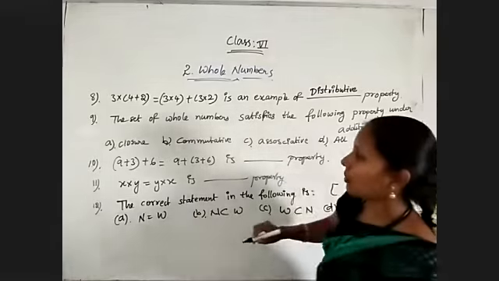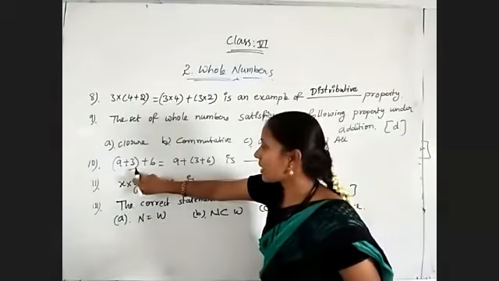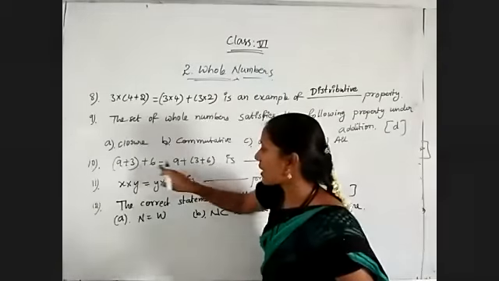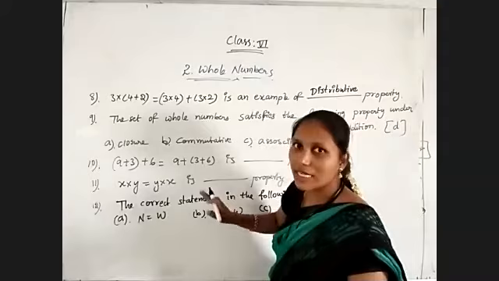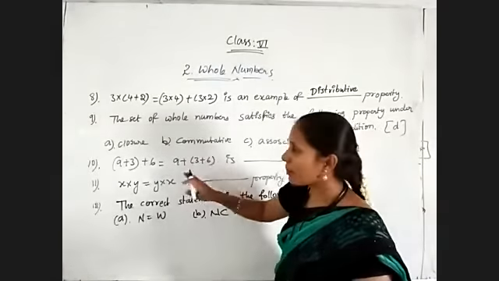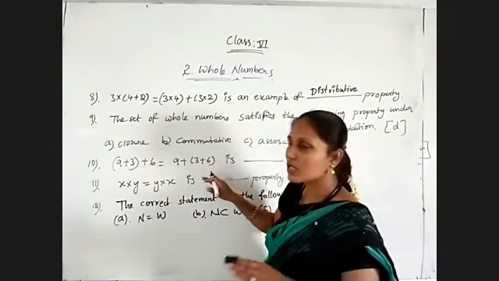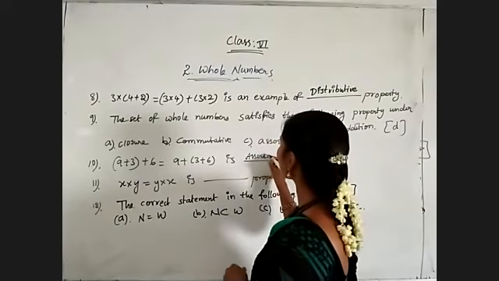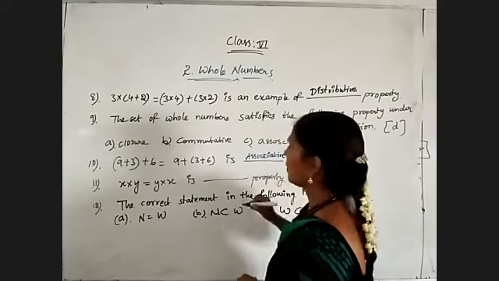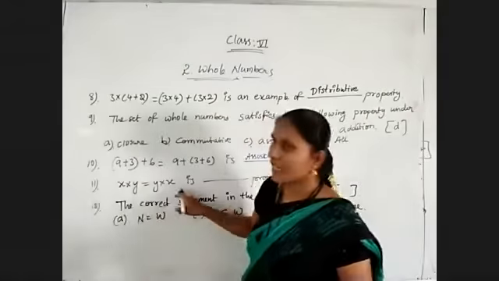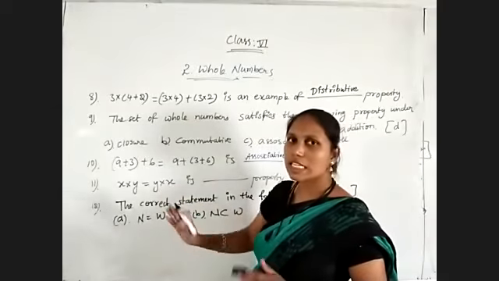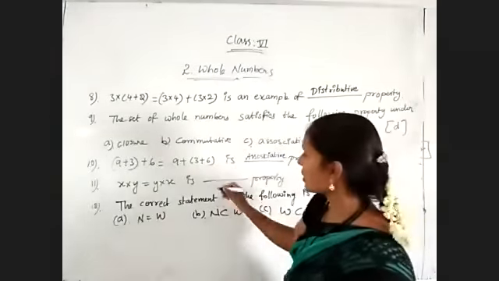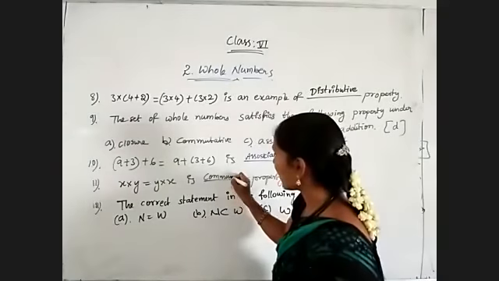Now coming to the 10th problem, 9 plus 3 having the bracket initially, plus 6. Here three numbers are there, between them addition operation, and brackets are changing. Not only numbers, brackets. So when brackets are changing, it comes under associative property. So it is associative property over addition. Now coming to this one, x into y into x. Two numbers only, interchange. So which property is it? Same, commutative property over multiplication. That's all. So commutative property.